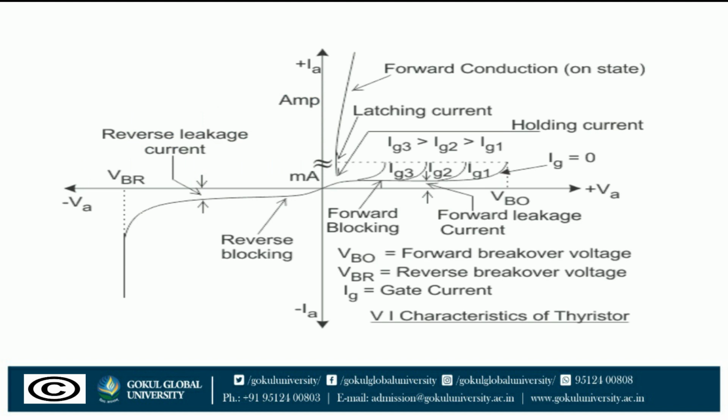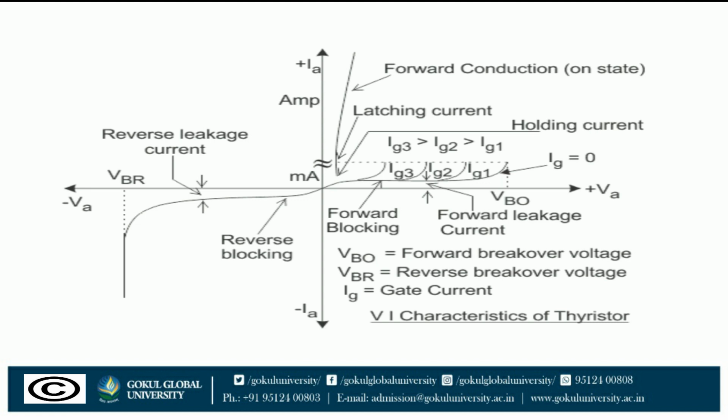When forward voltage is applied between the anode and cathode with the gate circuit open, junction J2 is reverse biased. As a result, a depletion layer is formed across the junction J2. The width of this layer decreases with the increase in anode cathode voltage. If the forward voltage across anode cathode is gradually increased, a stage comes when the depletion layer across J2 vanishes. At this moment, reverse biased junction J2 is said to have avalanche breakdown, and the voltage at which it occurs is called the forward breakover voltage or VBO.